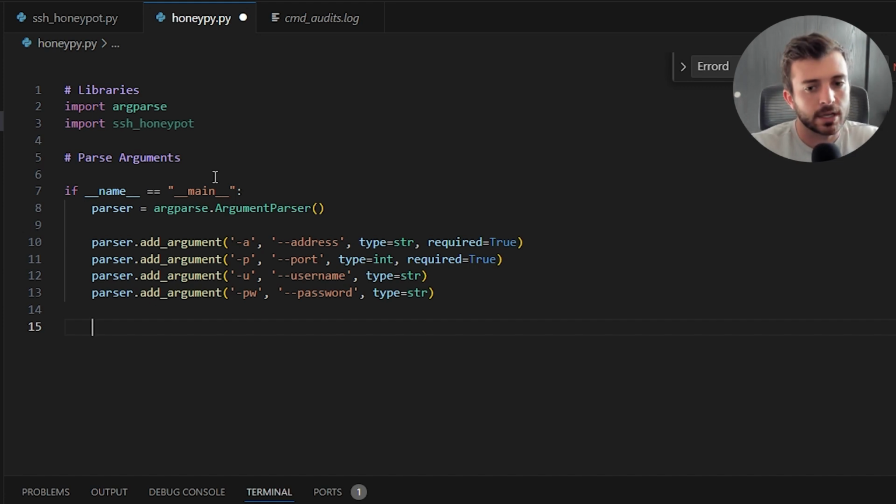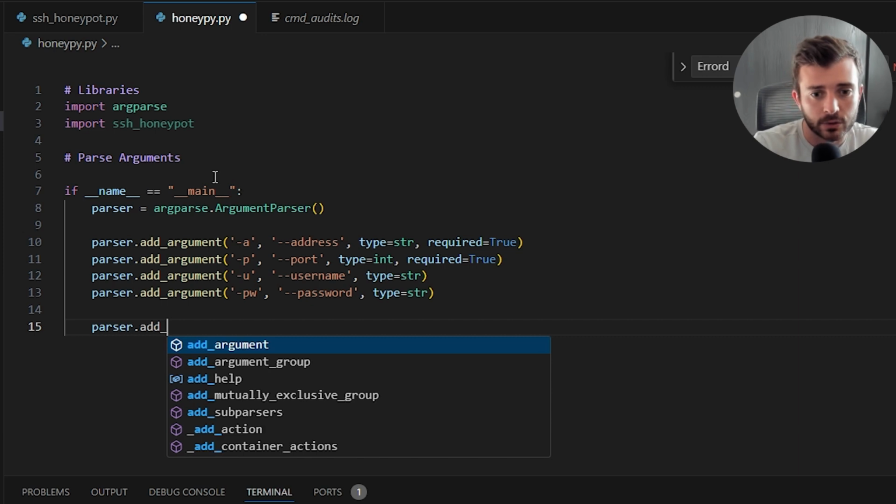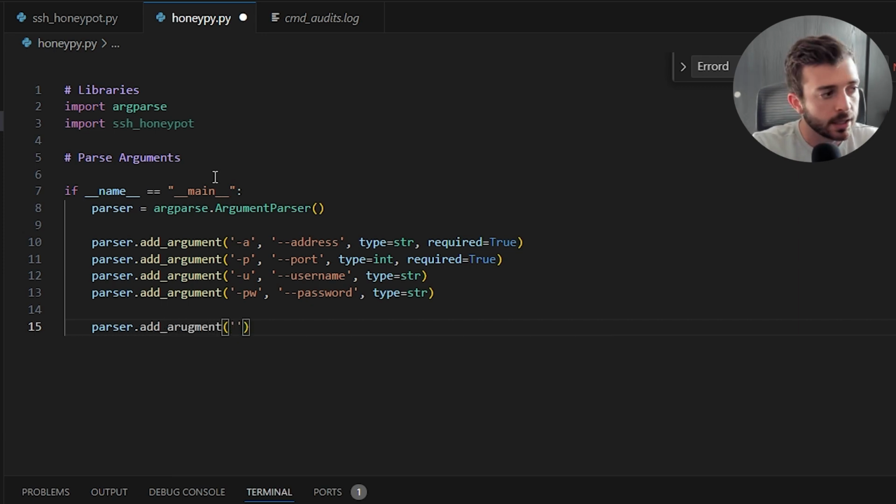The next thing we need to do is actually add two more arguments, one for the SSH-based honeypot and one for the HTTP. What this will do is allow us to provision multiple instances of this Python script, and we can have several honeypots running if we wanted to, listening on different ports within the same IP address. So what we're going to do is add a parser.add_argument, and we're going to use -s to denote the --ssh honeypot,